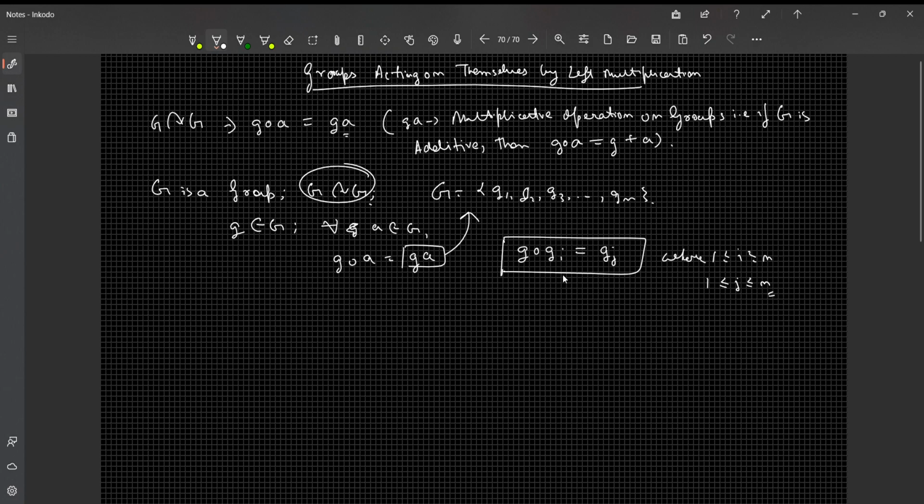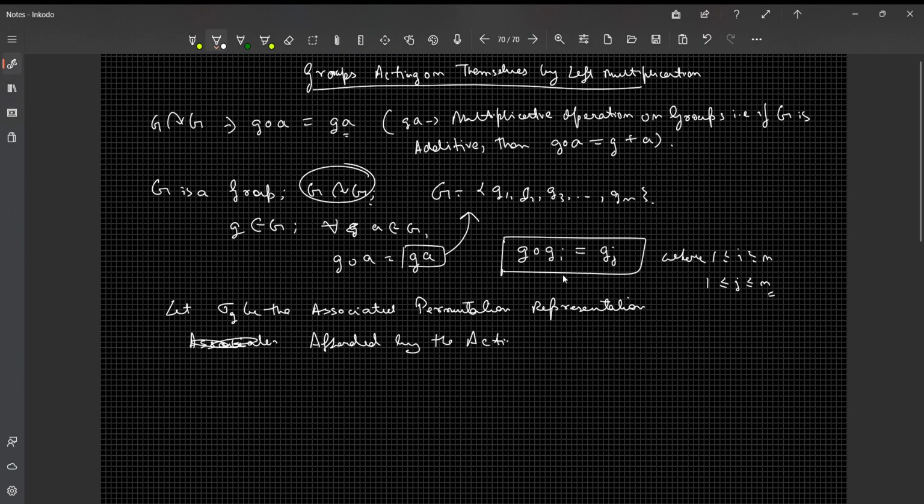Right. So basically, if I consider the associated permutation representation afforded by this action, let sigma g be the associated permutation representation afforded by the action, then sigma g can be thought of as simply mapping the index i to the index j, right? This is very trivial to notice, because if you remember what the associated permutation representation was actually doing,